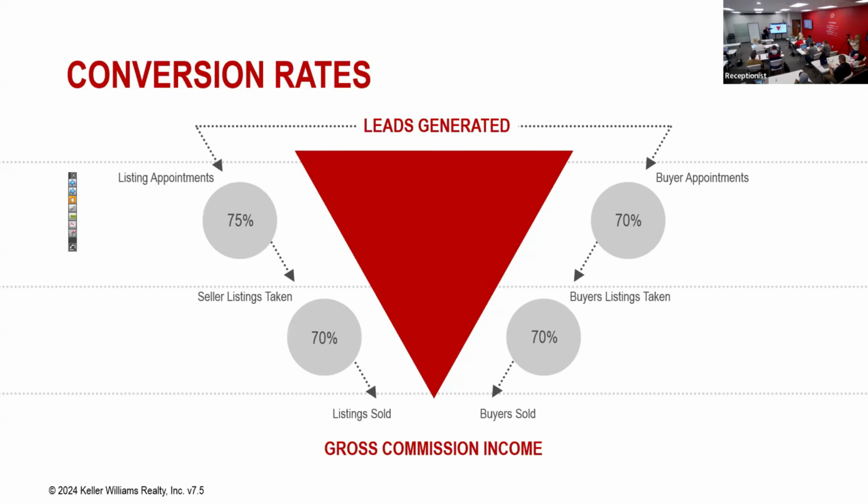So 75% of your listing appointments should turn into listings, and then 70% of those should sell. Talk about that for a second. In the last 4 or 5 years, what percentage of your listings actually sold? 100%? 90%? 95%? Is that because of your super duper marketing plan, or is it because the market was really helping us out? Both, but mostly the market. Mostly the market? Okay. Some of us are like, no, it's my super duper marketing plan. Okay, well, we'll see.